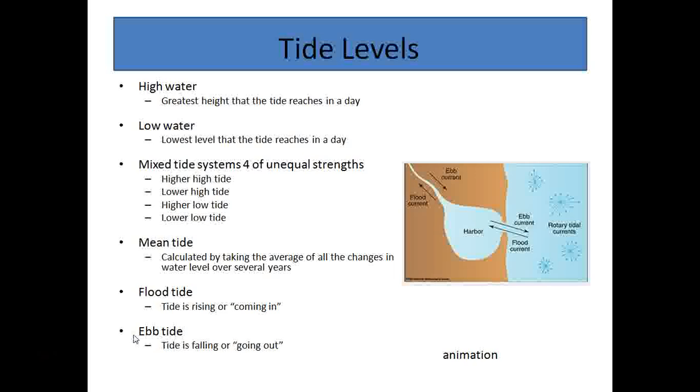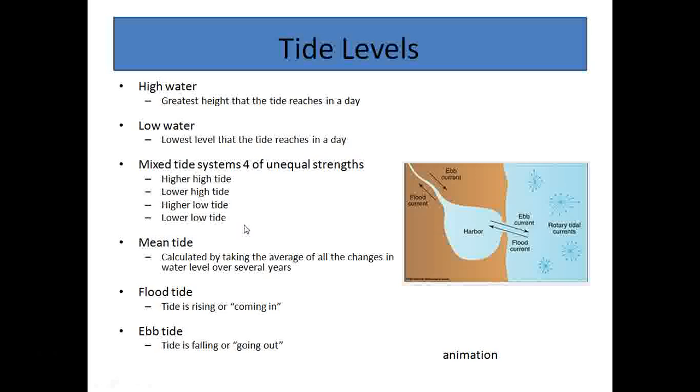Okay, a little more properties of tides and tide levels. These are just terms that they use to describe tide levels. So obviously high water is the greatest height that the tide reaches in a day, and low water is the lowest level it reaches in a day. Mixed tide systems like ours have 4 of unequal strength. So again, we have a higher high tide and a lower high tide, a higher low tide and a lower